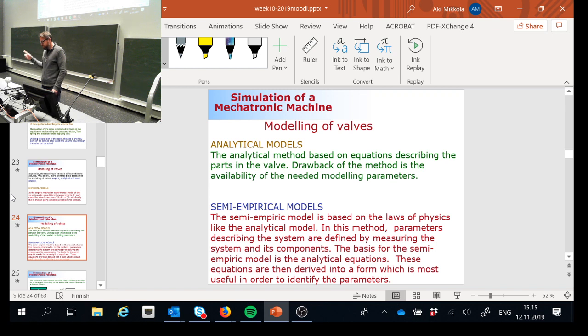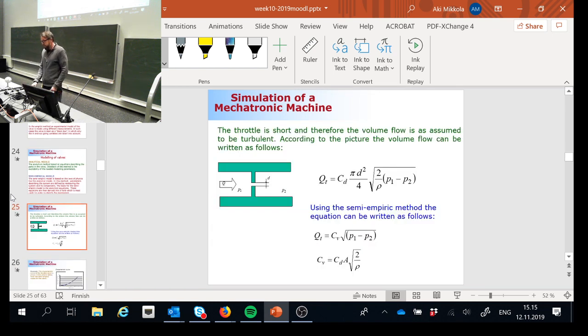So parameters, again, can be obtained from the manufacturer's catalog. Now here's an example. This tells you how it goes. And this is a throttle valve where there is no